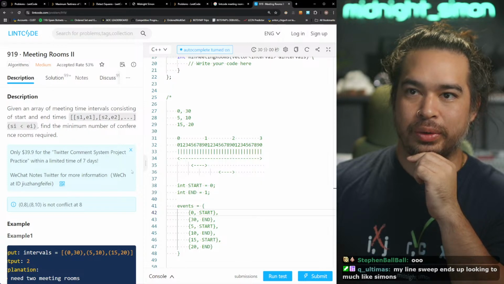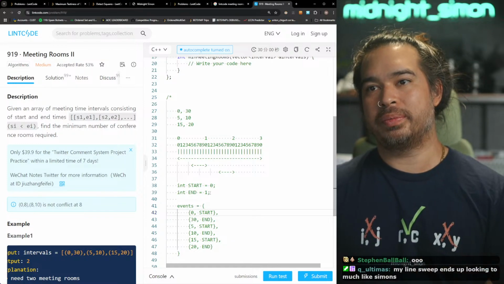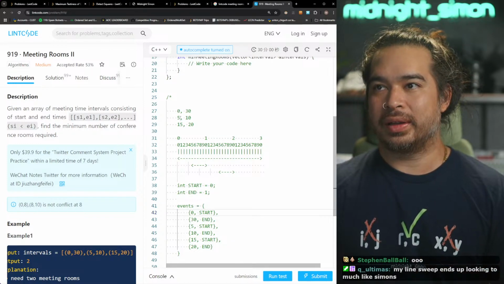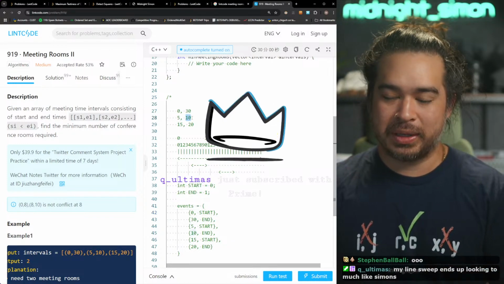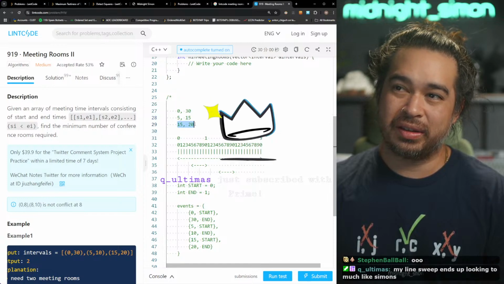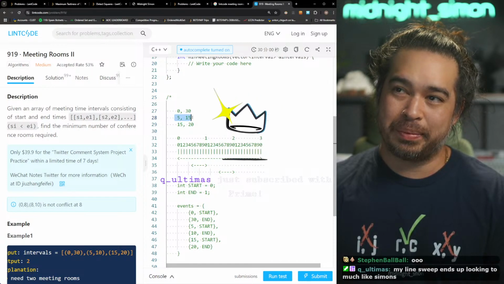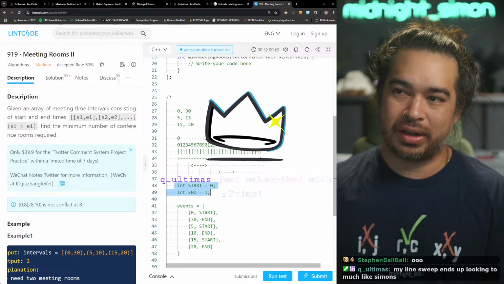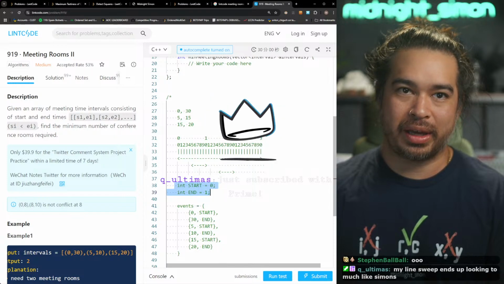I don't know which one we should use. I'm trying to figure out, say this meeting went from 5 to 15. Do these overlap or not? That depends on how you model that part.